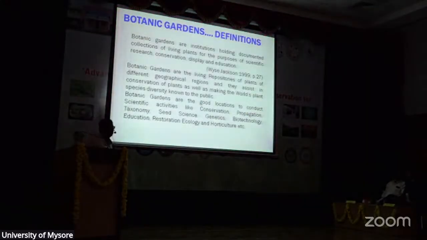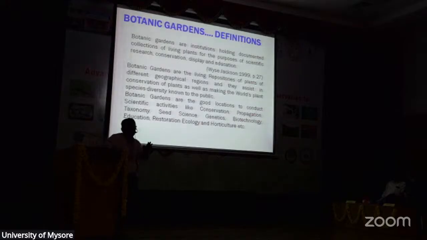Coming to the second category, the first one was tissue culture. In ex-situ conservation, there are three important ways: one is tissue culture, the second is botanic gardens, and the third is gene banks. Botanic gardens are very important places where active conservation of plant entities can be carried out, where different comparative studies can be done and potential data can be generated.